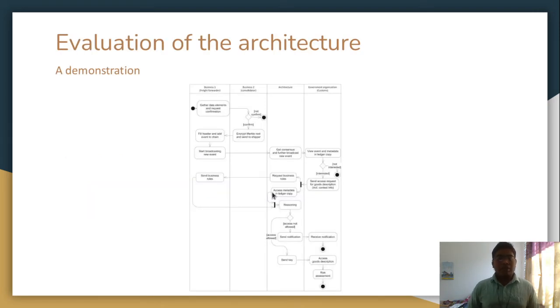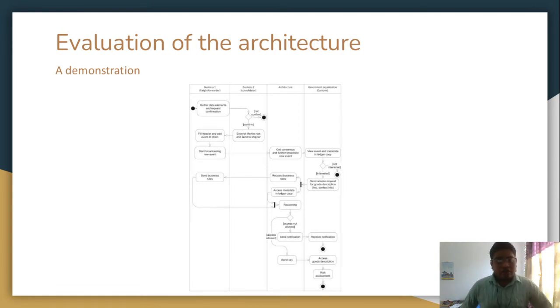Here is the evaluation of the architecture. This is a demonstration with businesses in two parts, the architecture, and at last the government organization or the customs. In the first part, the businesses gather the elements and request confirmation, which goes to the second part of the businesses, where there is a decision point. If it is not confirmed, it ends here.